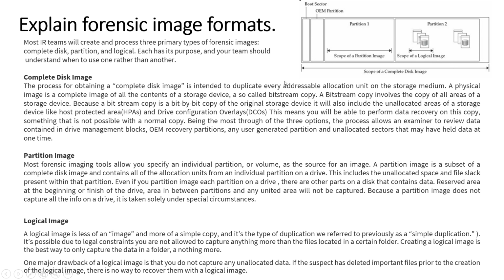Sometimes it is not possible to create a complete disk image. In that case, only a partition image can be created. This is what a partition image is, for example, an image or a copy of only the C drive or only the D drive. But the limitation is that there may also be some data stored between the partitions, aside from the partitions, that cannot be captured into this.